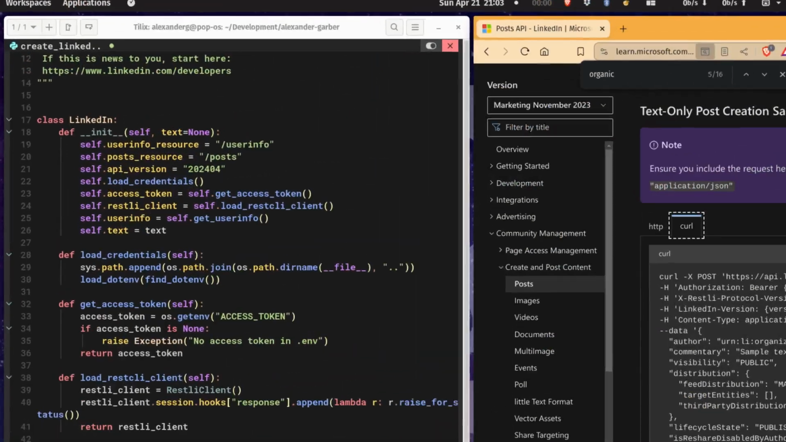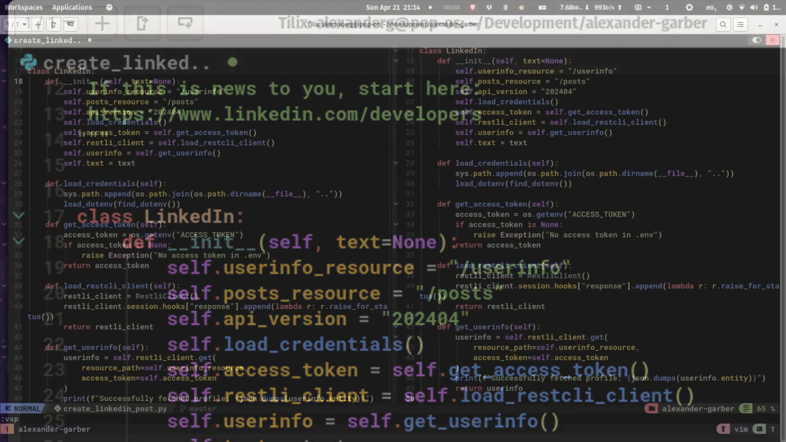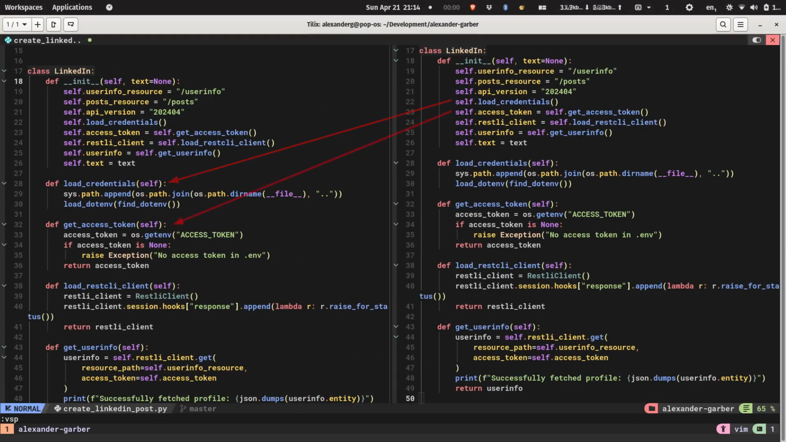The script contains a class simply called LinkedIn and relies on the LinkedIn Python API library. When instantiated, it prepares the following instance variables: userinfo resource, posts resource, API version, access token, REST.li client, and userinfo. It loads the credentials, that is to say the access token, either as a system variable or from the